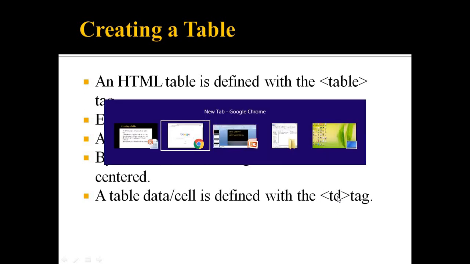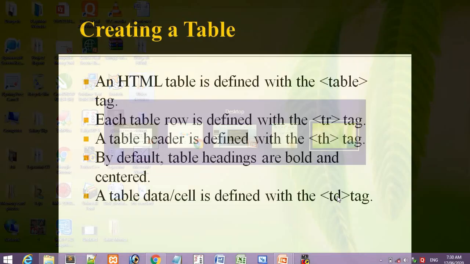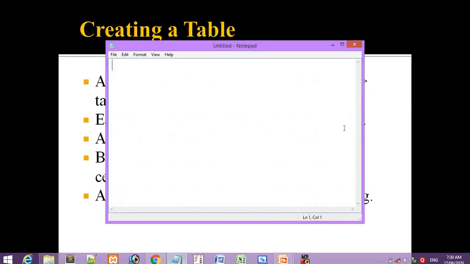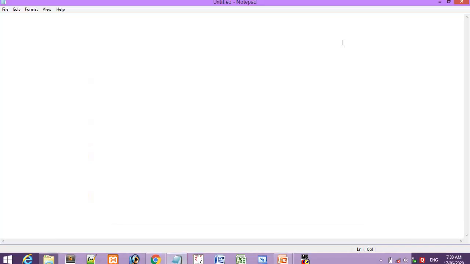For doing HTML programs practically, we have to take a notepad. So here I have taken a notepad. In this notepad, the first thing while doing an HTML program is to use the HTML tag, as we have seen in the earlier video. So I am using both the HTML starting and the HTML ending tag together.